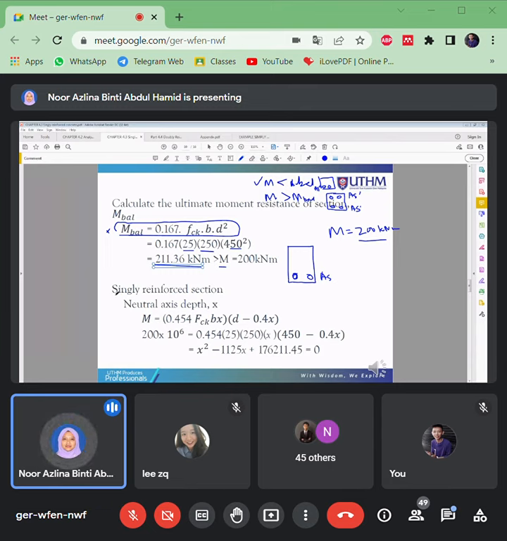Okay, so for singly reinforced sections here, you can know what the depth of the neutral axis is. What's the X here? How to know the equation? This is from the stress diagrams, right? Which is the moment resistance with respect to the steel, from these equations. So make